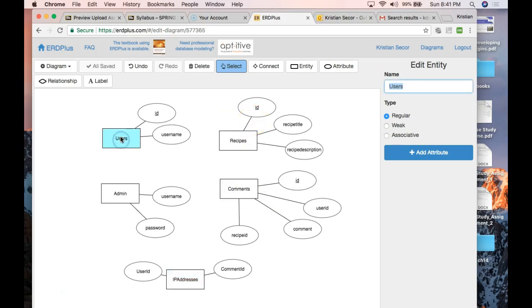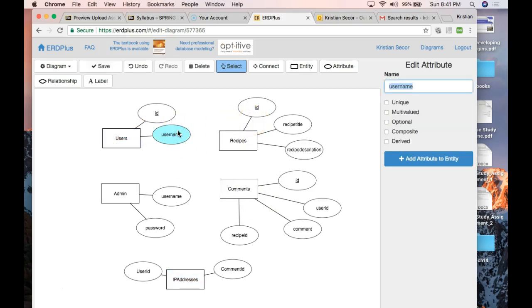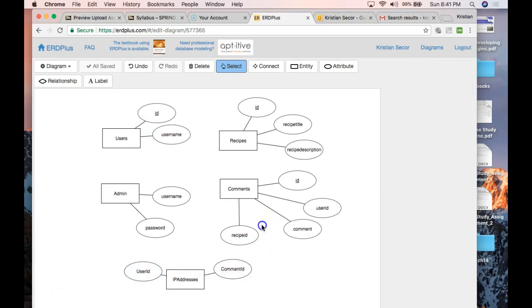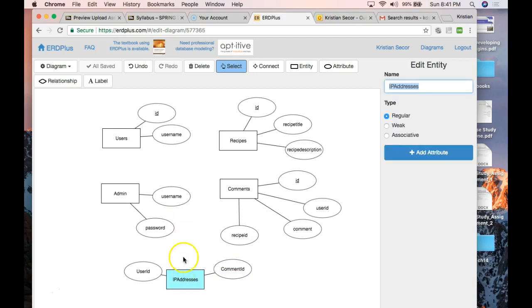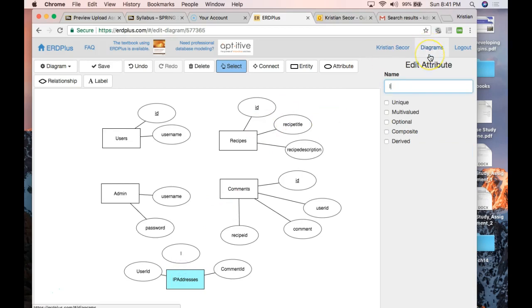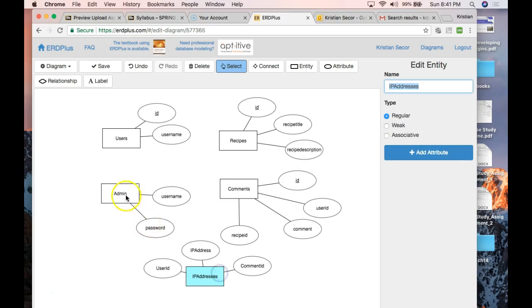I do this because my user, let's say it's KSecor, he might have numerous IP addresses. I have one at home, one at work, one on my phone. But I want to make sure that the user ID off the IP address is same as the comment ID. So I'm using this as, and now I have to add one more thing, the actual IP address. So once I connect this, then we can see that these are all borrowed. User ID is that, comment ID is this, and the IP address is this. Okay, so seeing as how